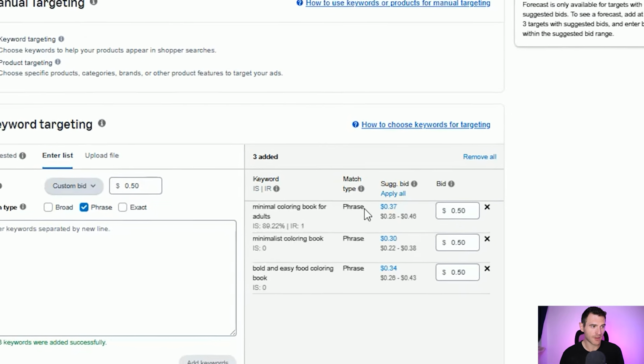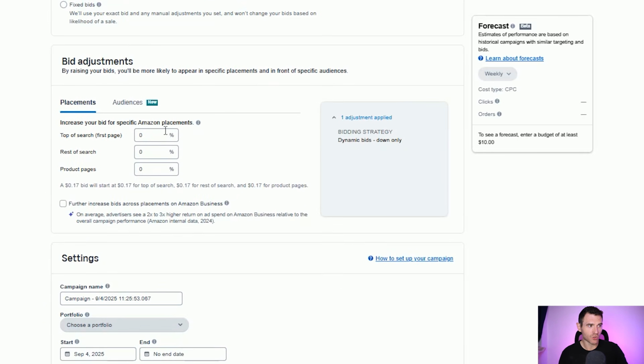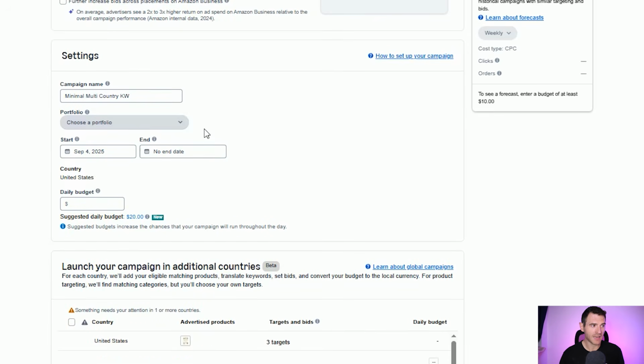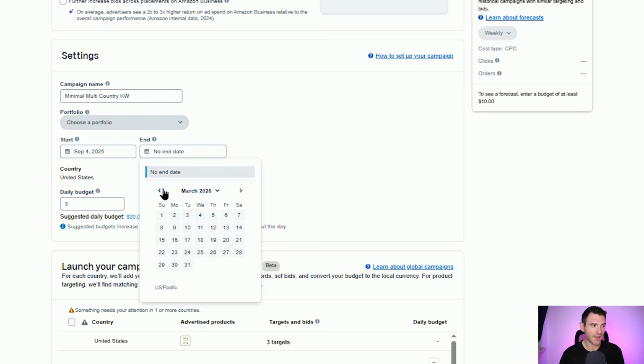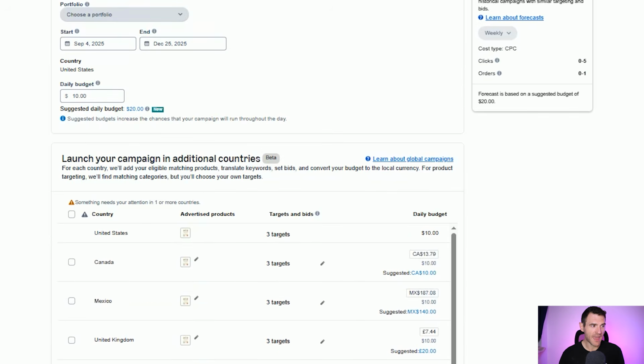And I'm going to scroll down to the campaign bidding strategy. So I always like to do the down only. It just allows me to control my ad spend really nicely. So I'm going to select that. You can adjust your bid placements. So perhaps boosting the top of search placement by 20%. That means if someone searched one of those keywords, we're bidding 20% extra to appear at the top of search. And then we're going to give our campaign a name. You can select a portfolio, do a start and end date, select a daily budget,